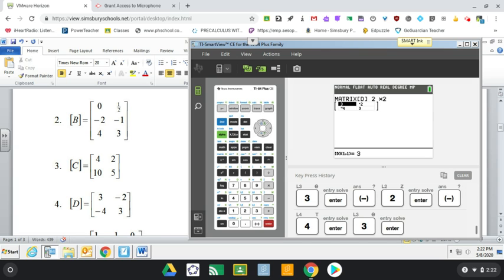Okay, so you have all your matrices in. What you want to do is go back to your home screen to do any operations. So this is the only downside of having to do things in the calculator. It saves a lot of time for the most part, but every time you do an operation, you have to hit quit, so second mode, because otherwise you're going to try to do those operations within the matrix, and that's not a thing you can do. So first thing we're going to try to do is add